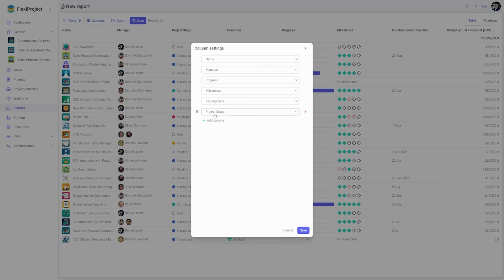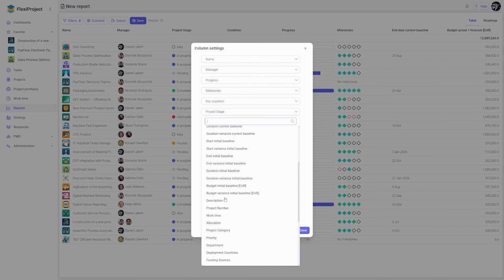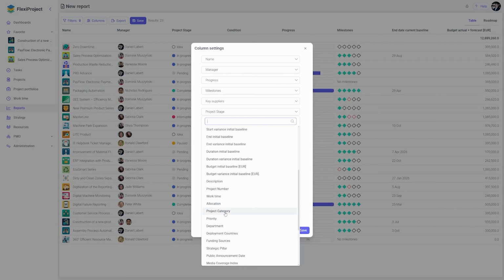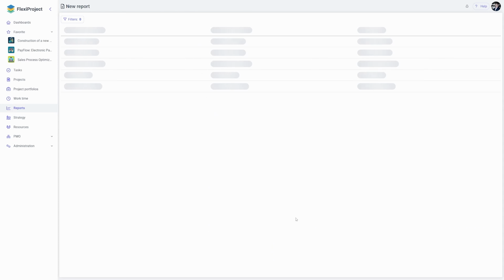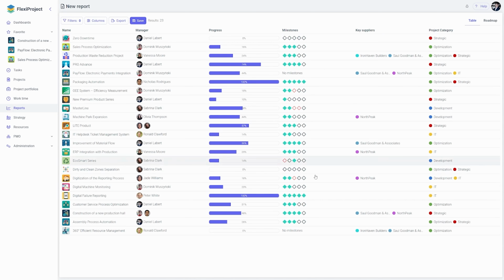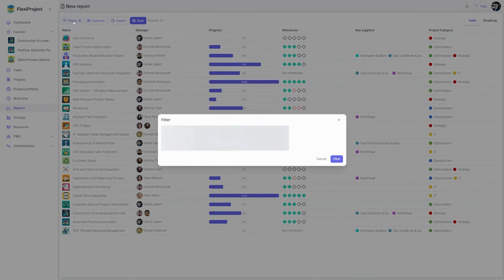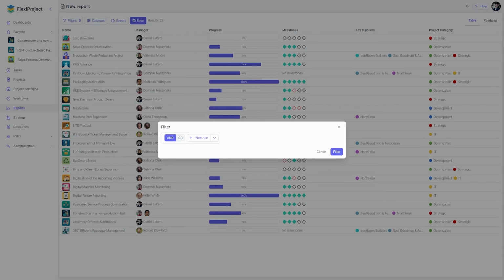Let's assume I am not interested in the details currently shown, but instead I would like to add information about the key supplier and the project category. Once I click Save, the new view will automatically adjust to my query. This is the complete list of all my projects, but we also have a Filters tab that allows us to